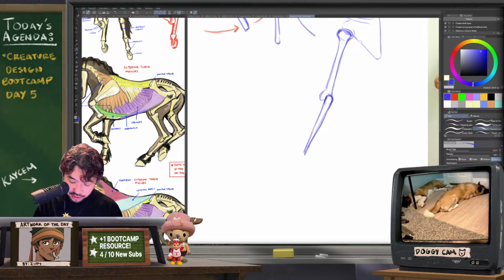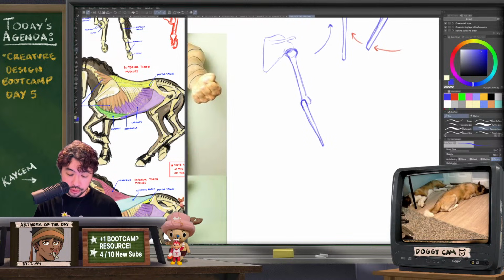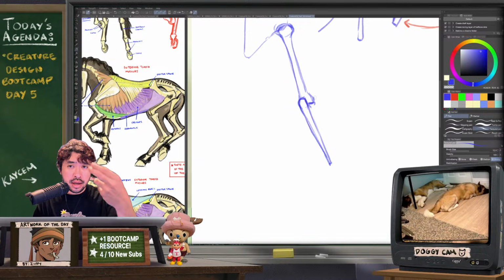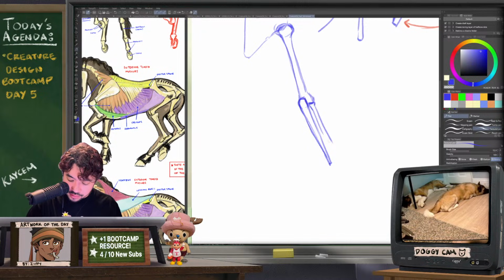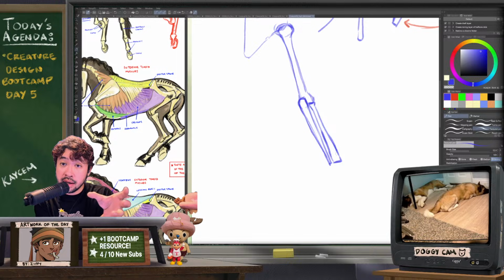So here's that ulna bone, and then what we're gonna have next is a bone called the radius. Good old radius. The radius bone has a little rounded disc-ish shape at this end, and then it's thin, kind of the opposite of the ulna, but then it opens out and becomes thick, and actually ends up being the large majority